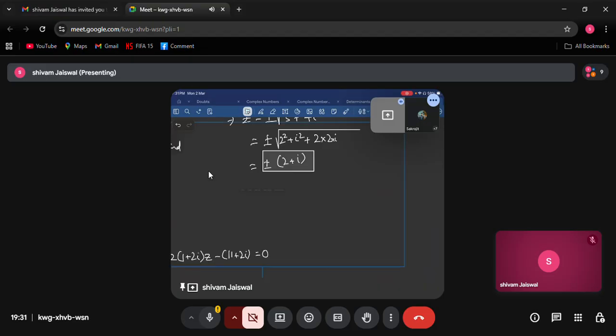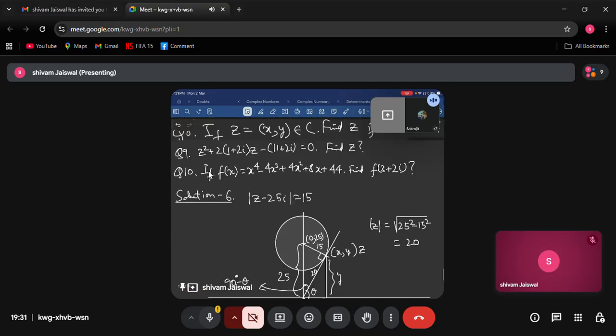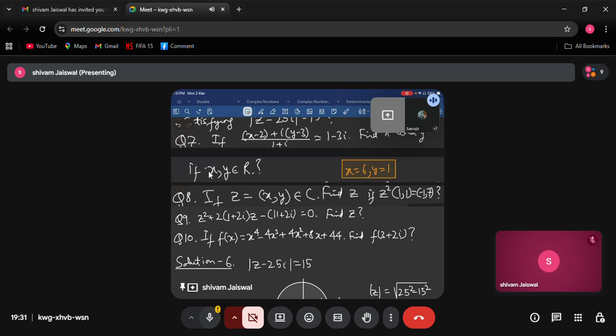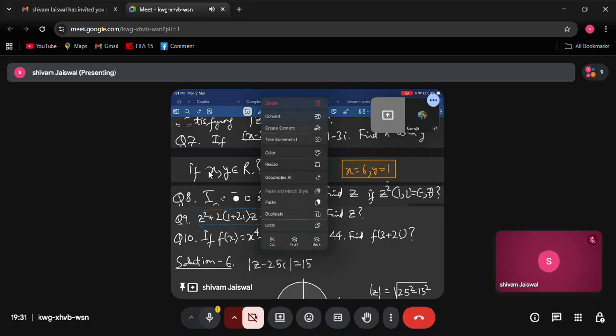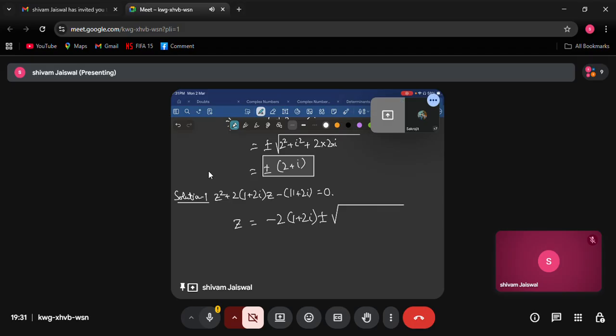Let us start. Okay, it is Z square plus 2 into 1 plus iota. Okay, this is number 9. Okay, so Z will be equal to minus 2 into 1 plus 2 iota plus minus root over b square, that is 4 into 1 plus 2 iota whole square plus 4ac, 4 into 1 plus 2 iota,